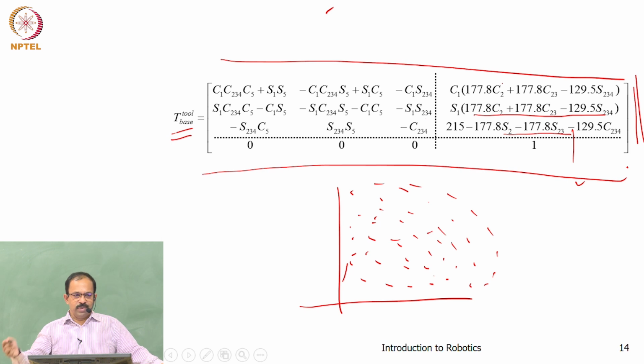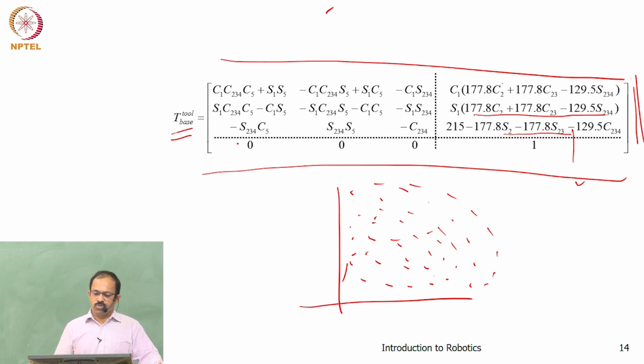Once you have designed the manipulator, this will be fixed. Only the theta or the d can change, all others will remain the same. So you will be able to represent the position and orientation of the tooltip as a function of the joint variables, either theta or d, and get the position and orientation for any value of these joint variables, and that is known as the forward kinematic relationship. Because you know theta or d, you find out the position and orientation. That is the forward relationship.